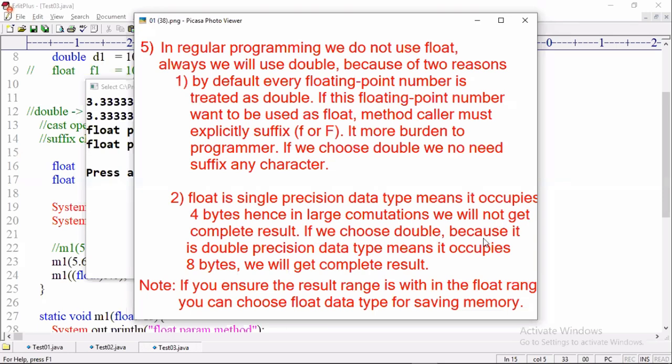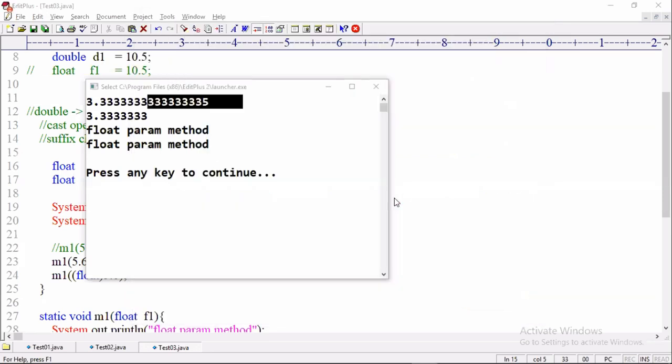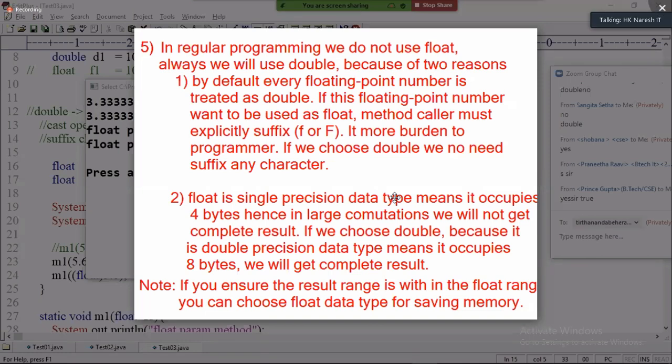Double is a double precision data type, occupying 8 bytes, so we get the complete result. Note, if you ensure the result is within the float range, you can choose float to save memory, but still it is not recommended. How much memory are you saving? Just 4 bytes, but the client will give you terabytes of memory, so no need to worry about those 4 bytes.